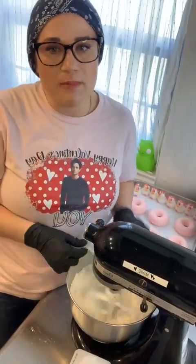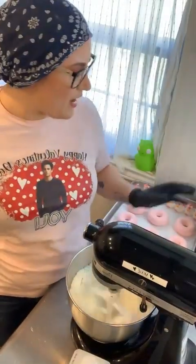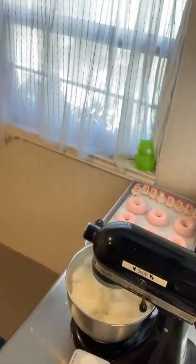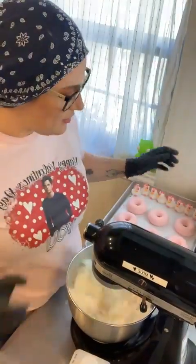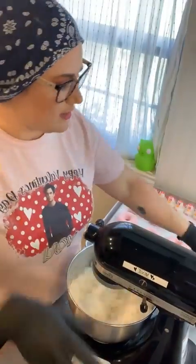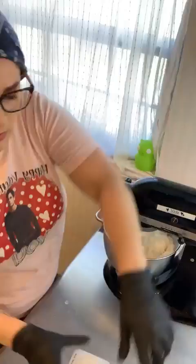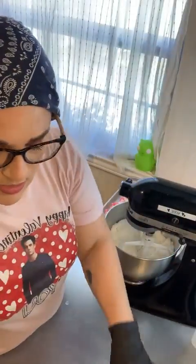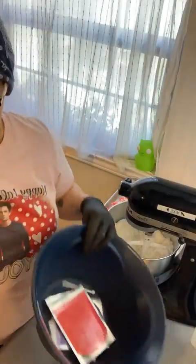Lena says that WonderBar is amazing when it's piped. I love it. I totally love it. It's my favorite way to use WonderBar just because it's so pretty and because piped bubble frosting was so difficult for me in the past. I could get it to work, but it involved a lot of effort. So okay, that's pretty much mixed in, and then I'm gonna split this because those donuts are small and I don't want the whole batch to be scented